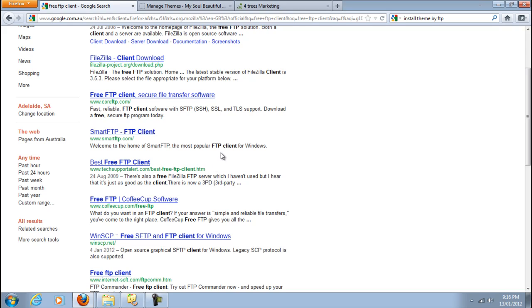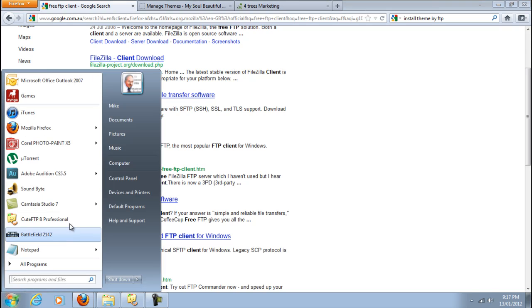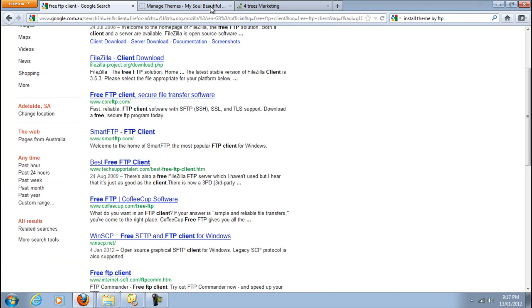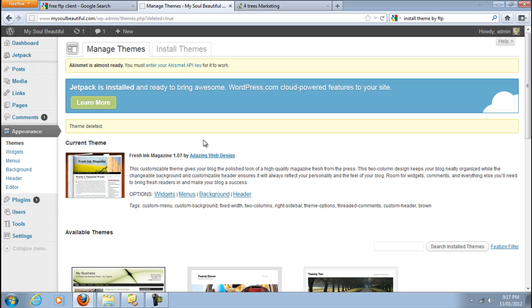Now, we talked about before when you were in cPanel, when you first set up your website, that you needed to create an FTP user. So go back, have a look at that video and go through those steps before you go into this. Now, the client software I use is called QFTP, and we're going to use that to upload my theme into my website. Let's just quickly go back into the dashboard of my website here and into themes,